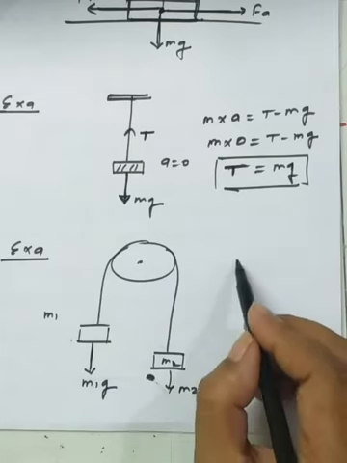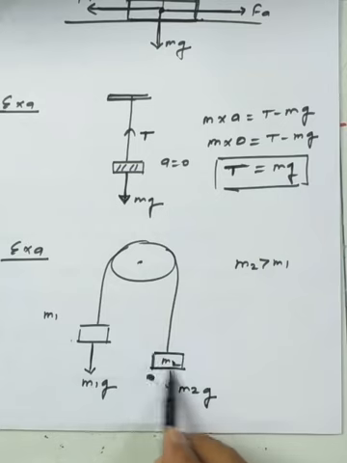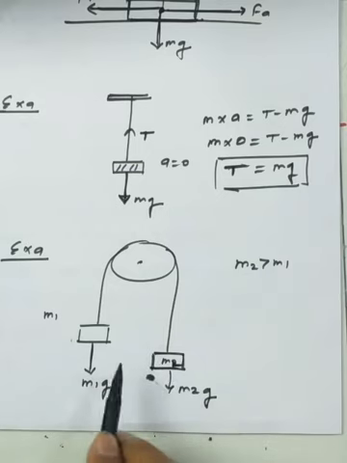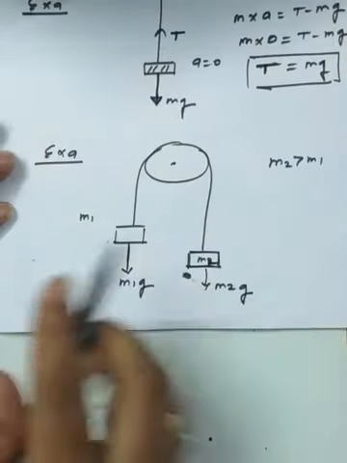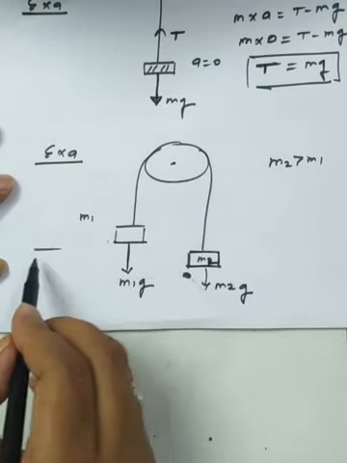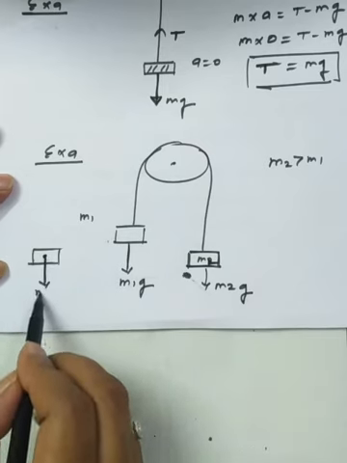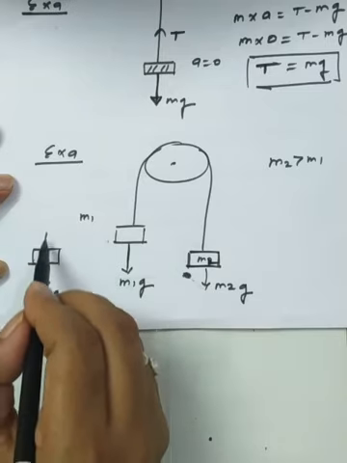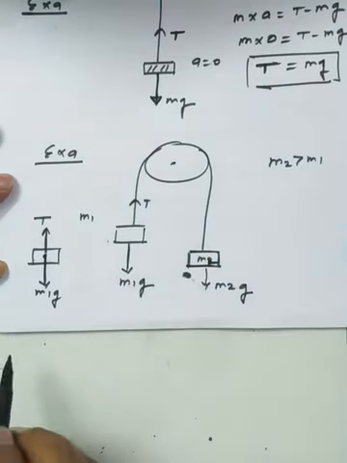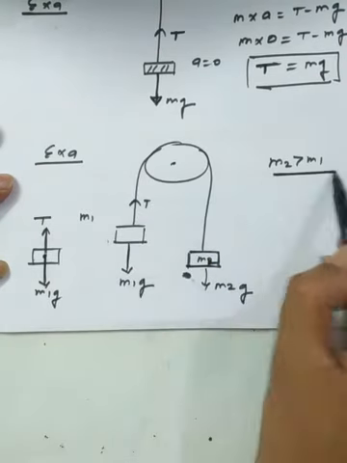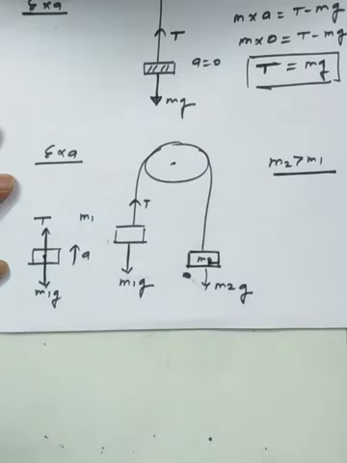Okay, here we are assuming that m2 is greater than m1. So we have to discuss the FBD of the two different objects separately. Here I am representing the FBD of the first object. I am keeping it separate. This one is m1g. Now as it is attached to a string, the tension will be applicable here. This is the tension, and since m2 is greater than m1, we assume this portion is moving in an upward direction.